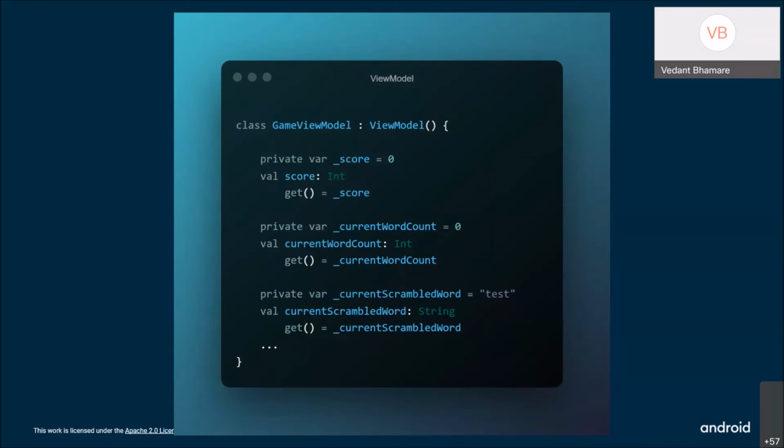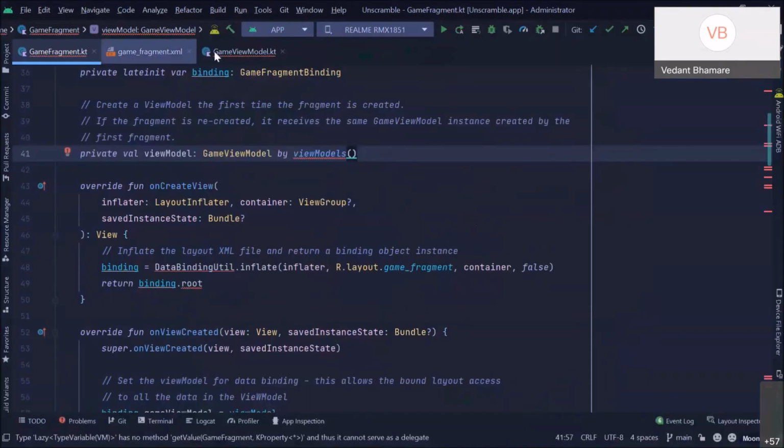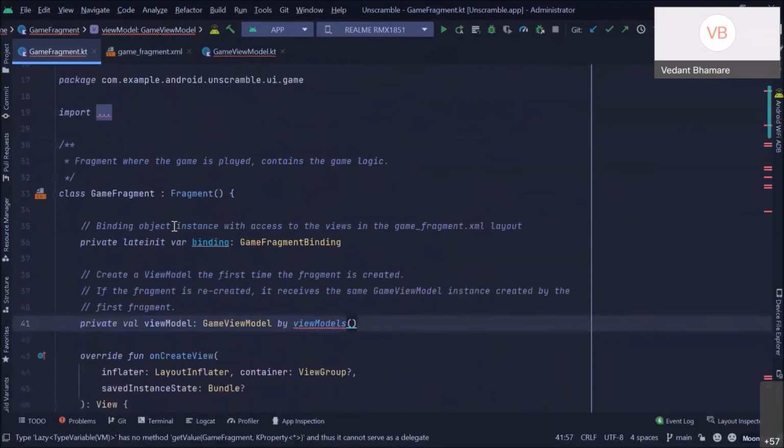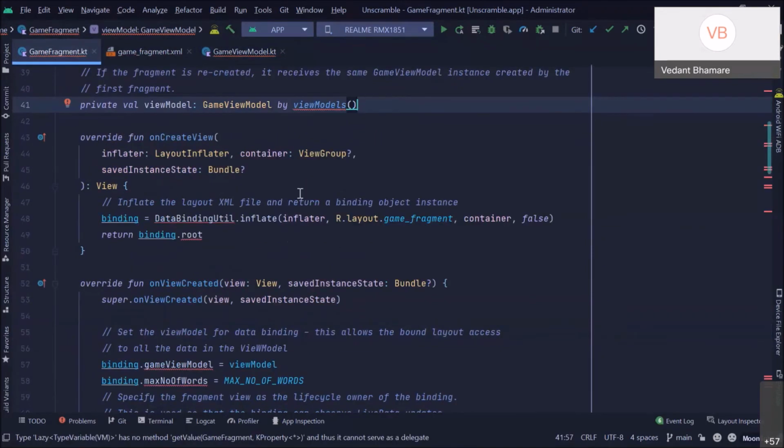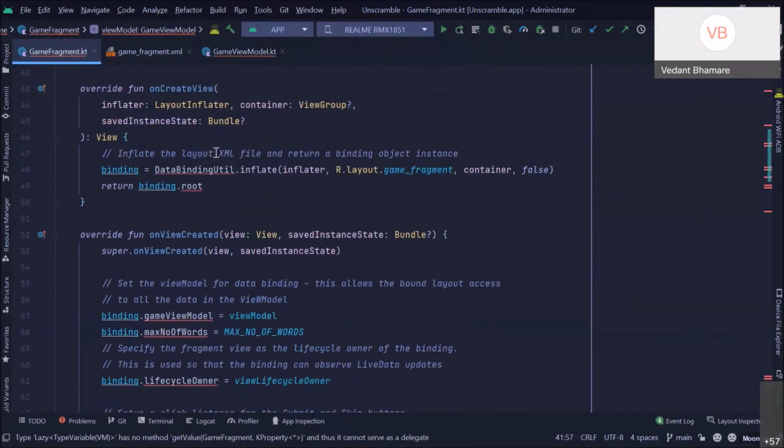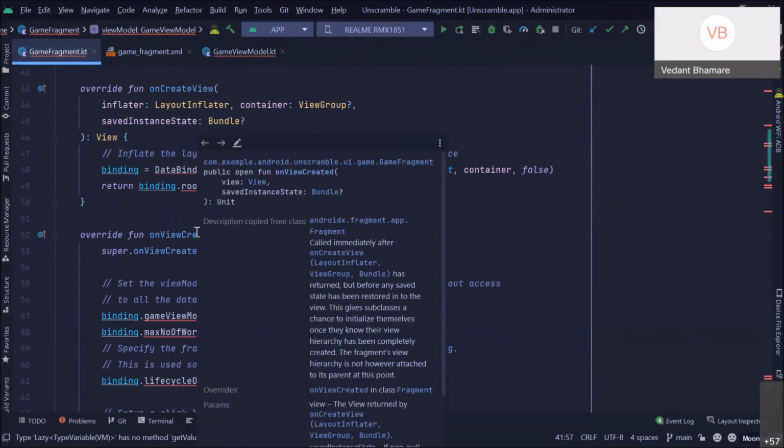So what is it, basically? There is a thing called a backing property. Consider that I am in this app, and this is the fragment, and we don't want these values to be changed or mutated in the fragment code, like in the UI file. The fragments and activities are called UI files, and these are called data files, because data is stored here, and the fragments are related to the UI only. So we don't want to change the values of data through the UI files, or change anything from the UI file.